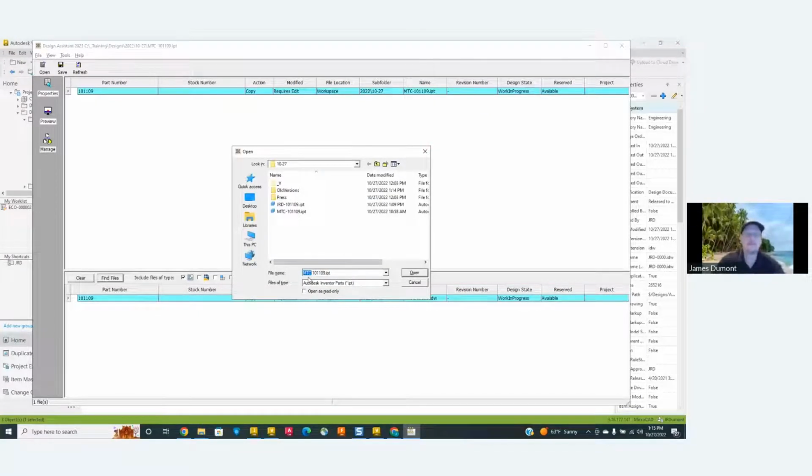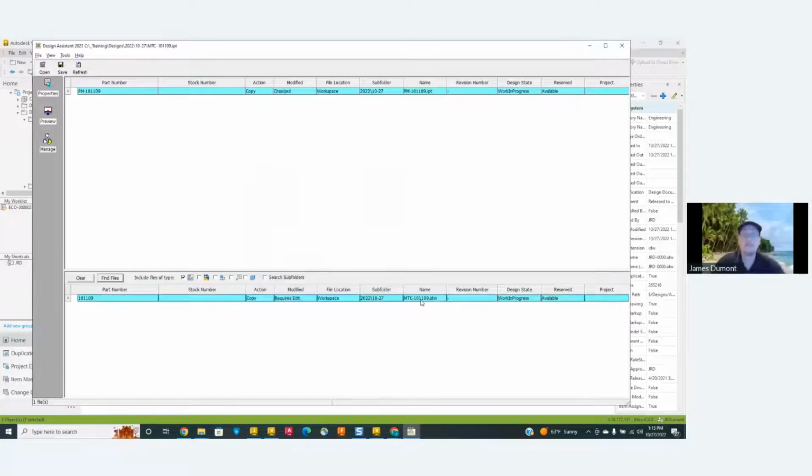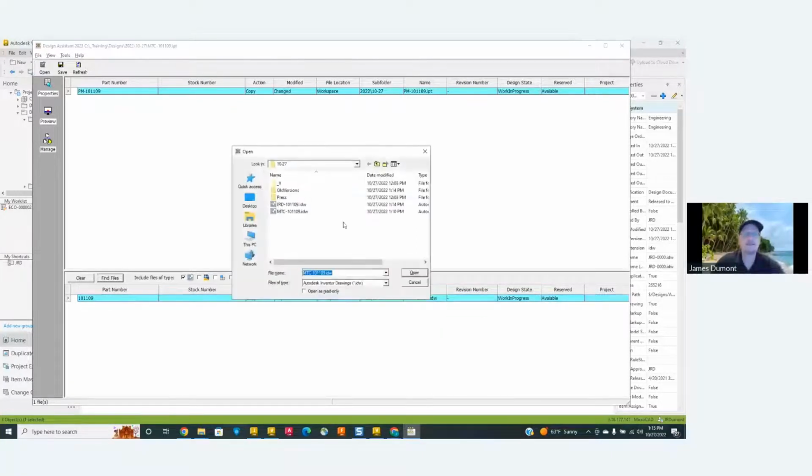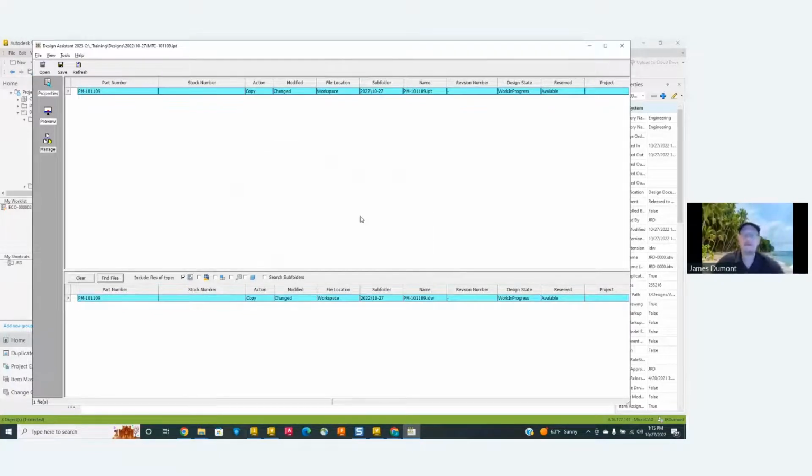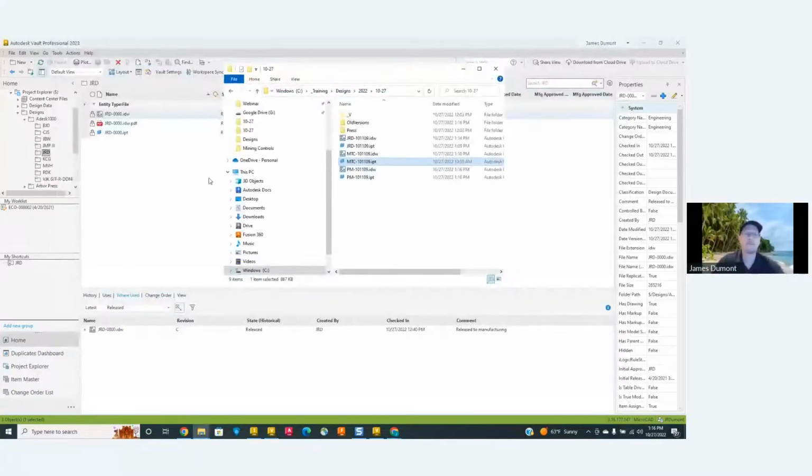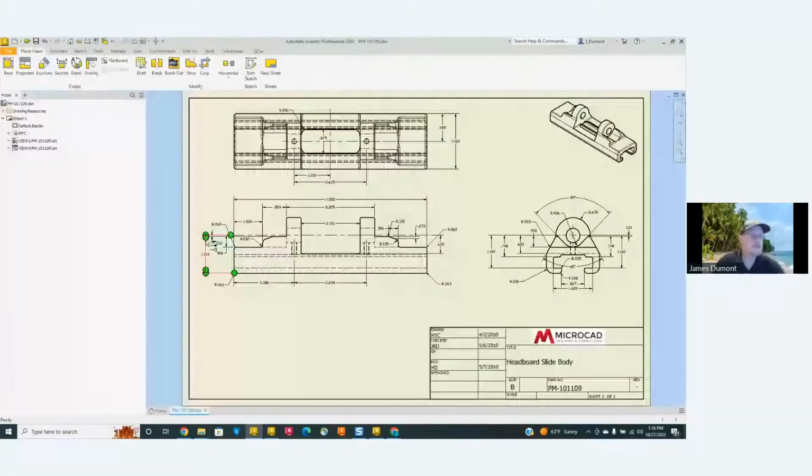It doesn't change this. I got to change this name as well. And all looks good. And now I can actually hit save. It updates the file. And then I can close or just exit the application. And if I do a refresh, I'll see my PM file. Then if I double click on it, it should reference the appropriate model. So that is using the design assistant.